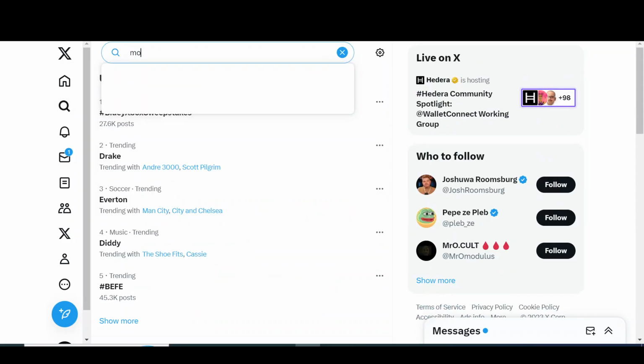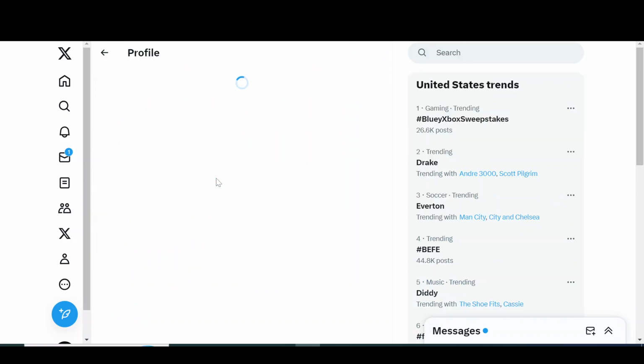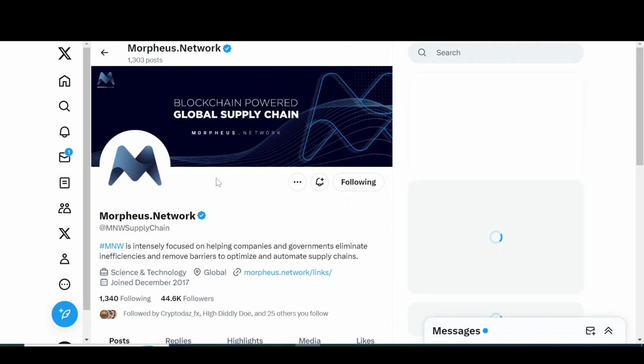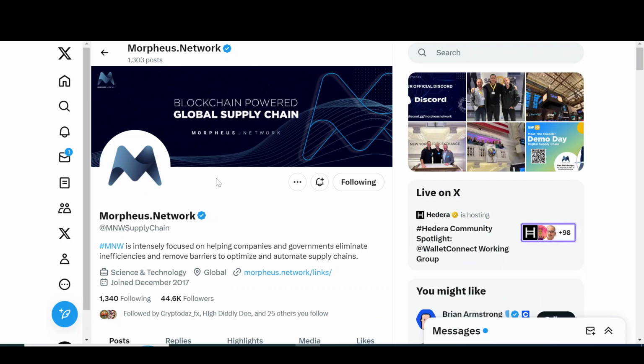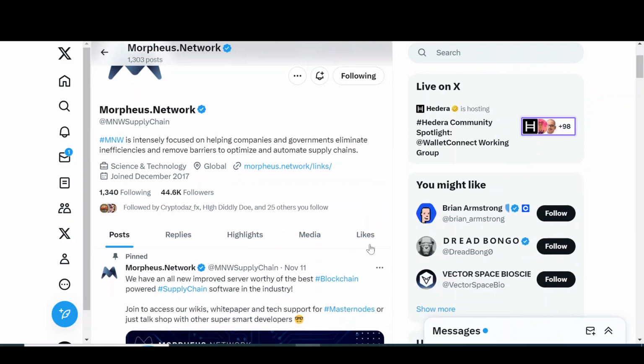And now let us see what Morpheus Network has been up to. This is Morpheus Network, guys. It is transforming and revolutionizing supply chain. It is integrating with the legacy systems and transforming it, enhancing it via DLT and blockchain technology. MNW is intensely focused on helping companies and governments eliminate inefficiencies and remove barriers to optimize and automate supply chains,